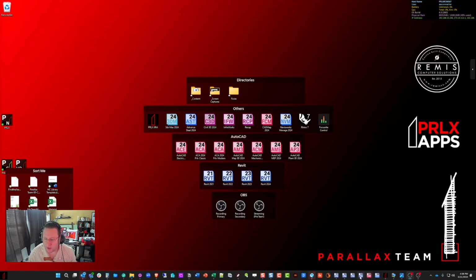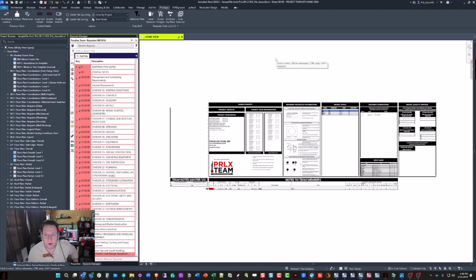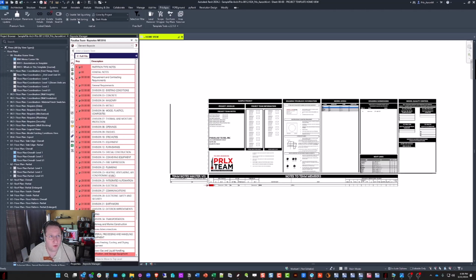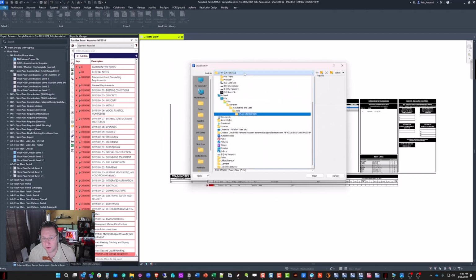Okay, so this is just a quick video that I made after our call today. Here we're in Revit 2024, in a file that we just call our sample file, in case that matters. I'm in a sheet view, if that matters also. I'll go to Insert, Load Family, and I'm in a particular directory that has some families that are in the